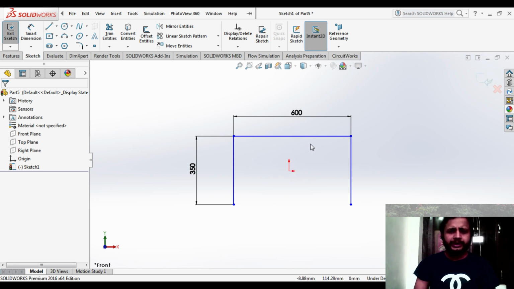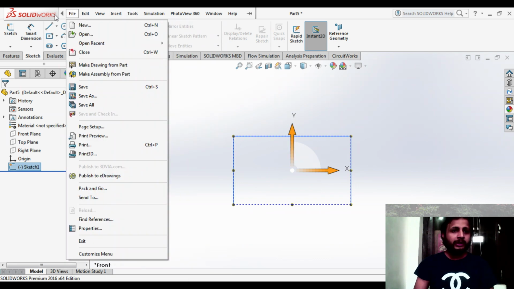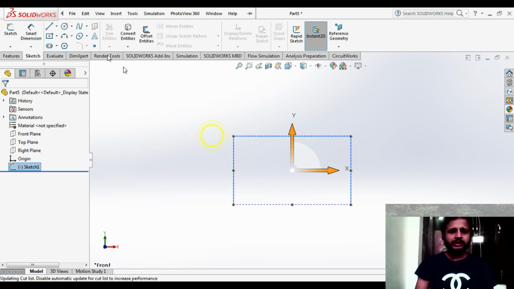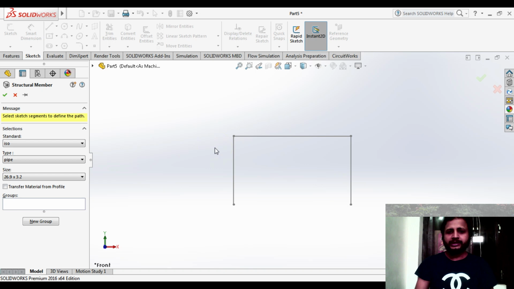So just to understand what exactly the simulation is, just exit from here. I will take you inside the insert weldments first. We'll go again insert weldments. We'll take a structural member. And here, suppose the first testing is India standard, and this is a pipe.